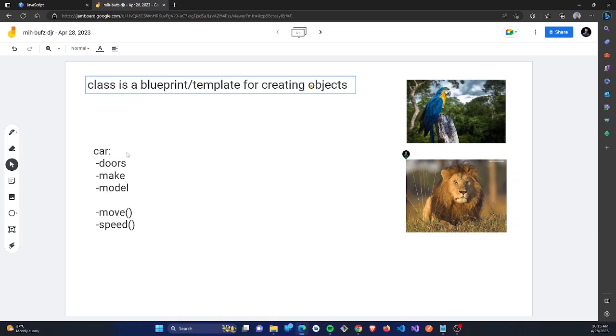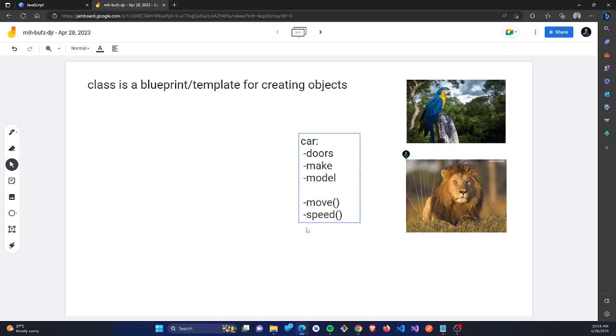For example, if we look at this car right now, since it's an object, let's say we want to start manufacturing cars in our company, we don't just go down to start building the car. The very first thing we are supposed to do is to lay out a plan. Draw a plan of this car we are going to make, which features or properties is this car going to have, and then what functionality are we going to give the car? Should it be self-driving? Should it be automatic? Should it be manual? So the first thing we would have to do is sit down, lay out a structure and say, okay, you see this car we want to make,